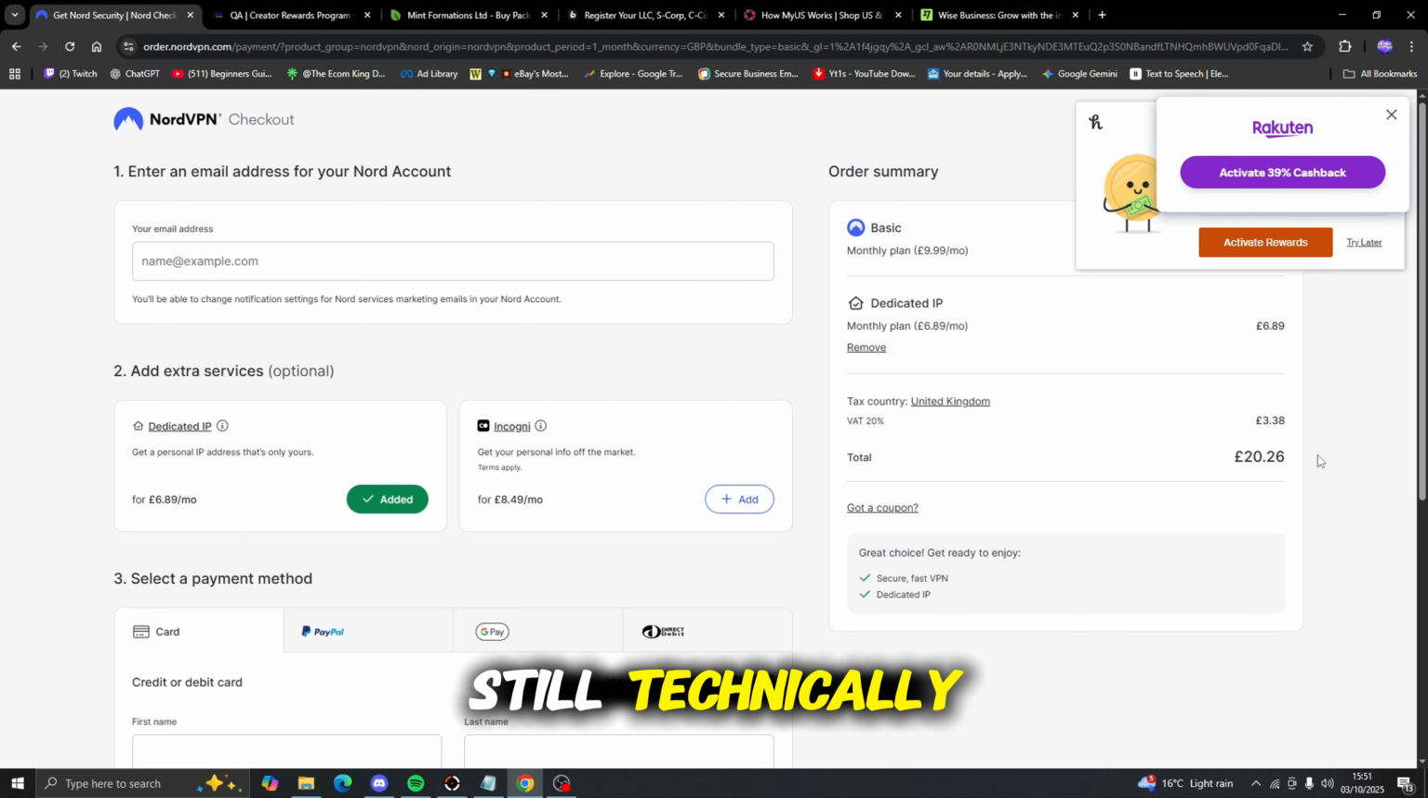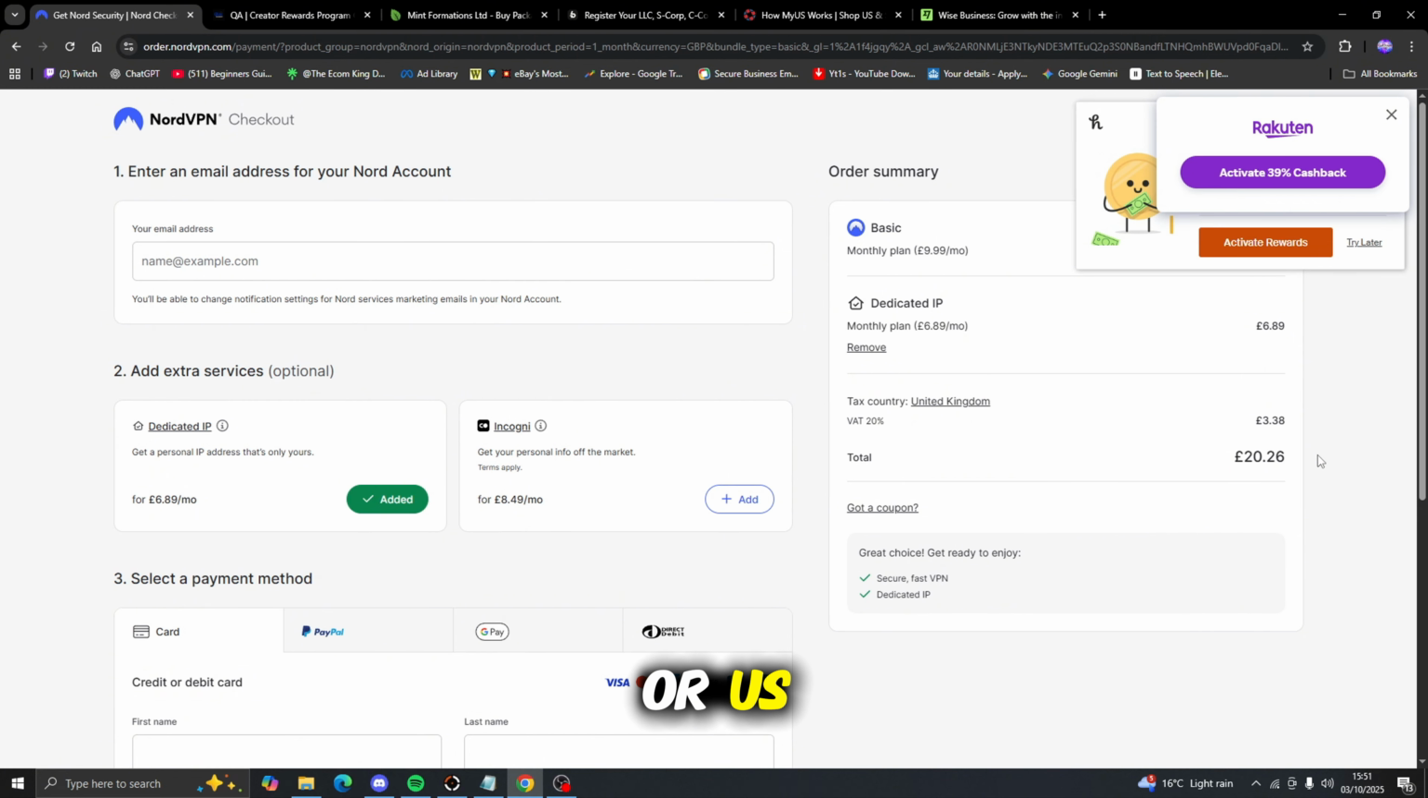Now you can still technically be connected to either the UK or US, for example, but once again the risk for your account getting flagged for being used on different IP addresses would be quite high. So for added security, just make sure you add it on. So the total will come out to about £20 a month,